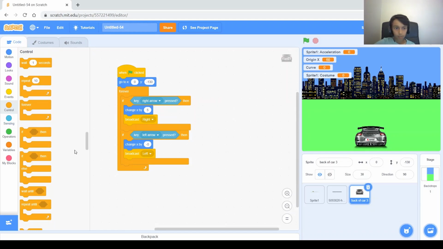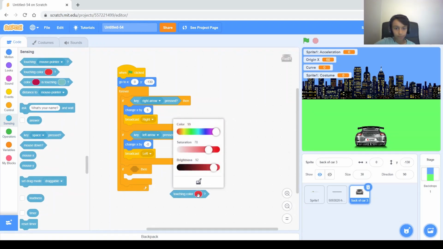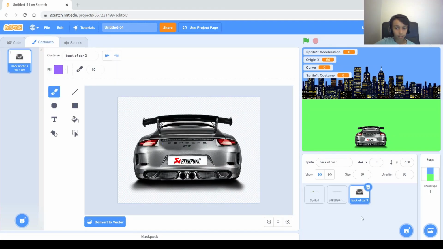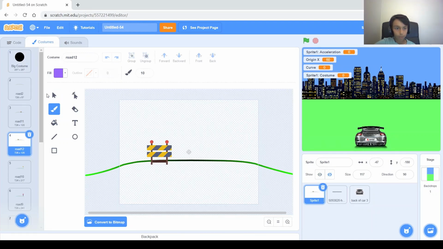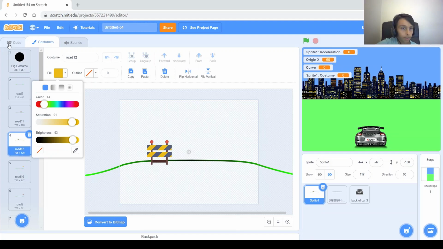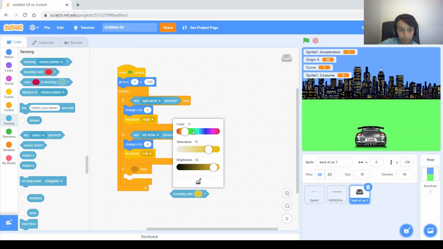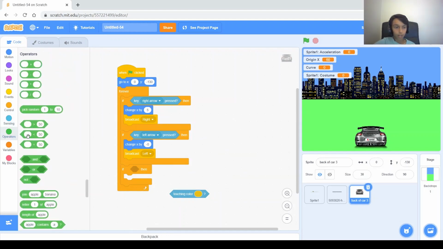Okay, so we'll ask ourselves if touching color, and basically let's see what colors they will be. The first one would be this one right here, this yellowish color. So 1391.93, we go over here, 1391.93. Okay? So if it's touching that color or